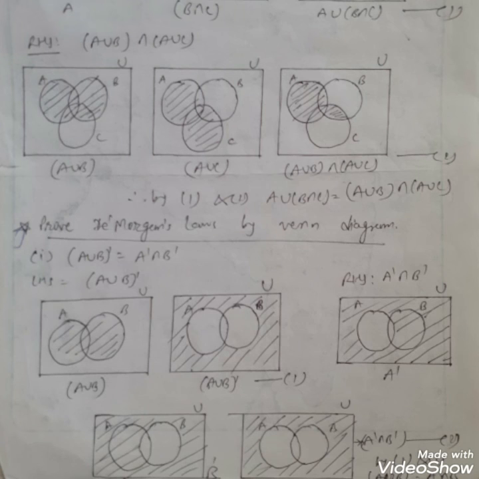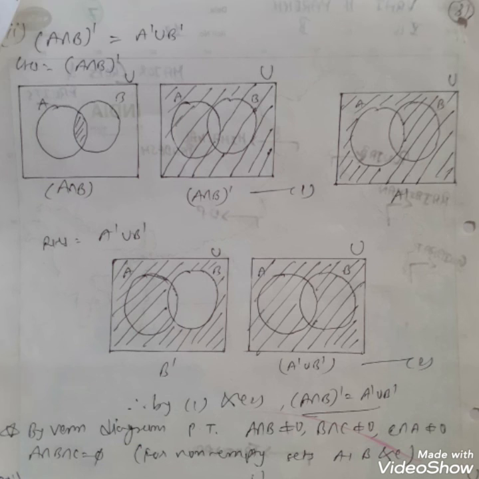If we take the intersection of these two, obviously the elements which are not in the circles are possible, meaning the elements which are in the universal set but not in A, otherwise B, otherwise in both, they are not present. So it is the outer region of the circles. So diagrams 2 and 5 show the same result, meaning (A union B)' is A' intersection B'. Let us discuss the second law of De Morgan by Venn diagram, that is (A intersection B)'